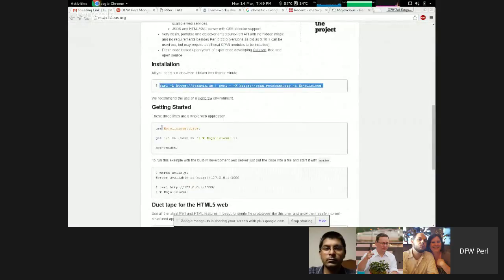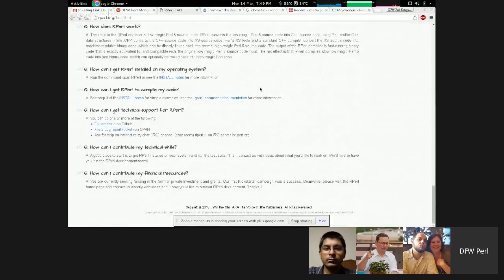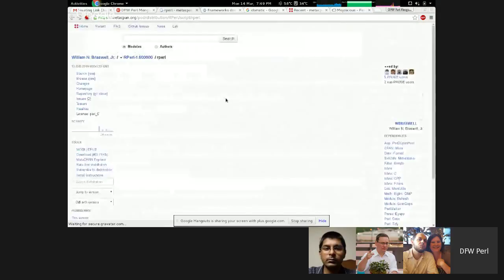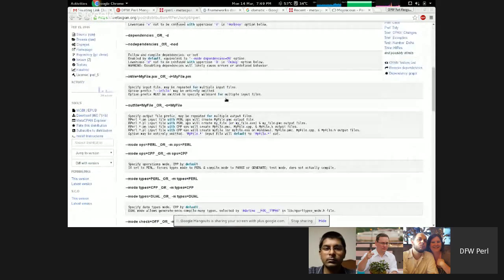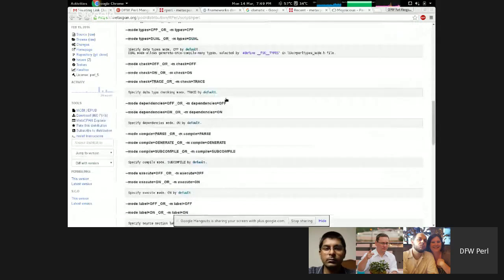Just run this command here, run this command here, and you are running a Mojolicious app. I don't have anything like that with RPerl. I'd love to use RPerl. Will you show me how to do it? Install it and run RPerl. Look at the RPerl command documentation. What do we have here? Link to CPAN. With some switches.